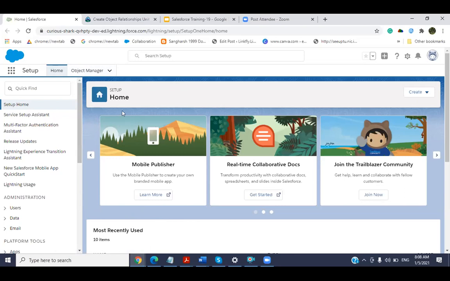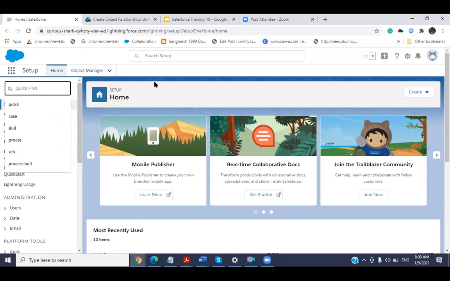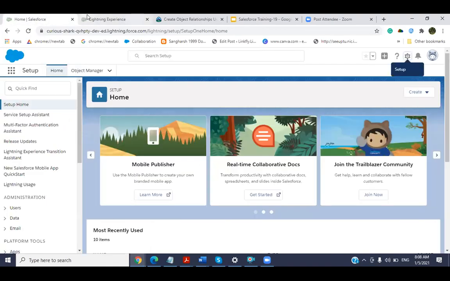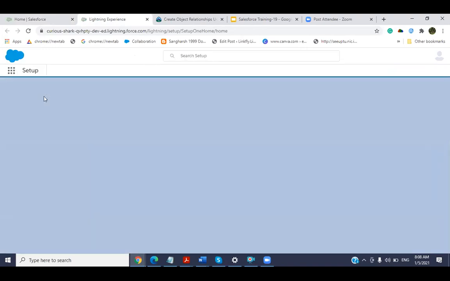So how can we do all this? This is the branding and this is the theme. Let's go. Obviously we go to Setup, in the Home tab as usual, and search for theme and branding.